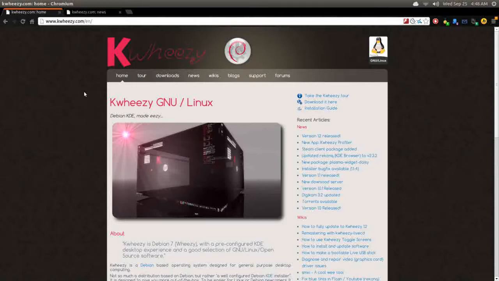You won't ever have to reinstall the operating system or get an upgrade disk in order to ensure that you have the latest version, simply by virtue of allowing your system to receive its regular updates. You can rest assured that you'll always have the latest version of your OS and the software that's included with it. Now the folks over at KWheezy have